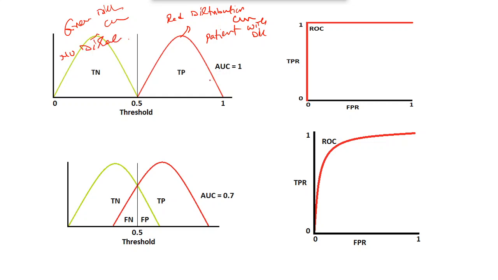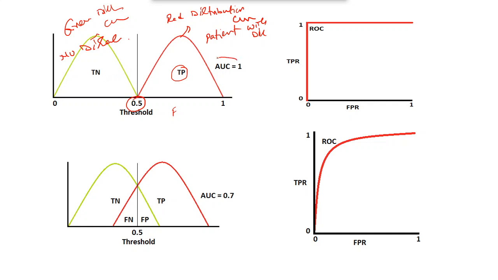Suppose in this figure the threshold value is 0.5. Here true positive means patient with the disease, true negative means patient does not have the disease. When it clearly separates the values, positive classes as positive and negative classes as negative,